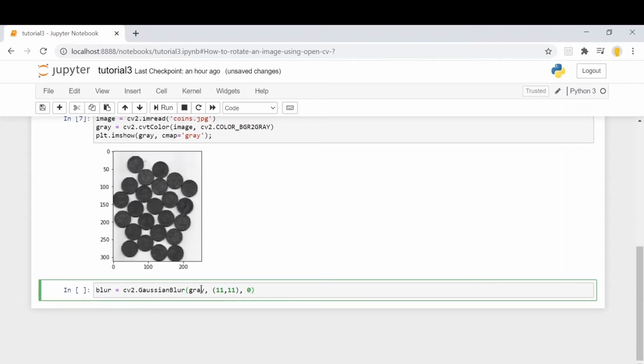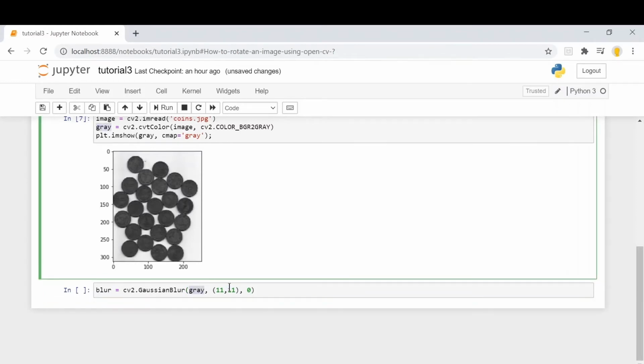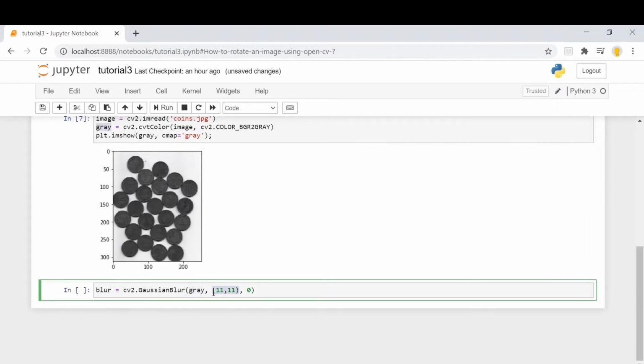Here the first parameter is our input image, and the second parameter is the size of the kernel window, which will hover over the entire image and calculate the central pixel value using the Gaussian algorithm. And the zero value is the standard deviation. If we keep this value as 0, it will calculate the standard deviation on its own, so we don't need to worry about that calculation.